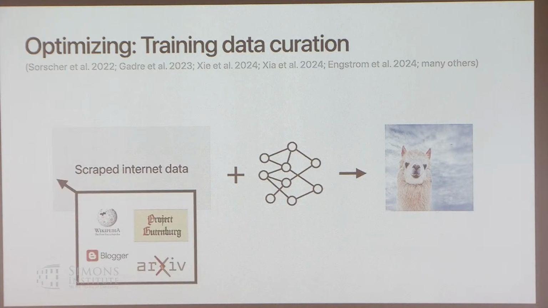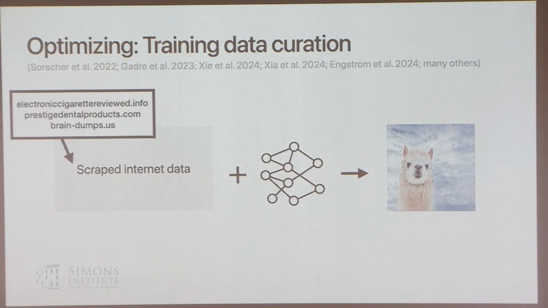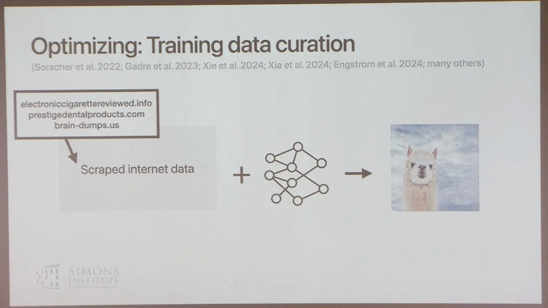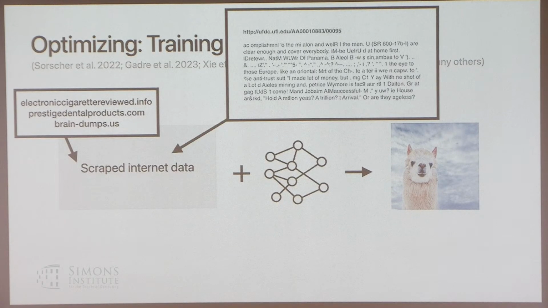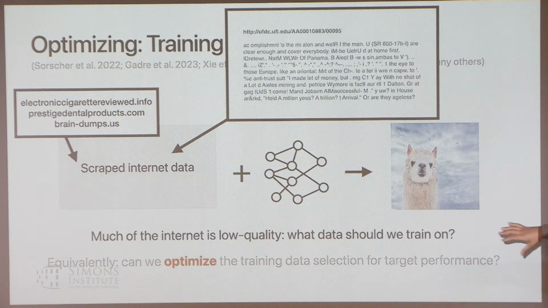But within the scraped internet data, there's both super high quality good stuff that we want our model to train on. And there's also maybe slightly less reputable sources. And there's also just pure garbage. Right? And so a big part of any large model training routine is actually filtering the scraped internet data or curating it somehow into a pre-training data set that we then pass into our model. Right? And this is the problem of data set curation. And stated as an optimization problem, the question is, can we optimize the training data selection for some desired model performance, usually test perplexity or something like that.